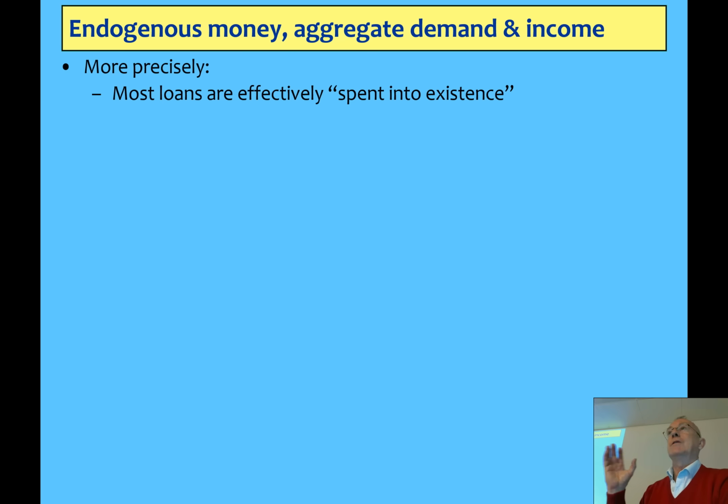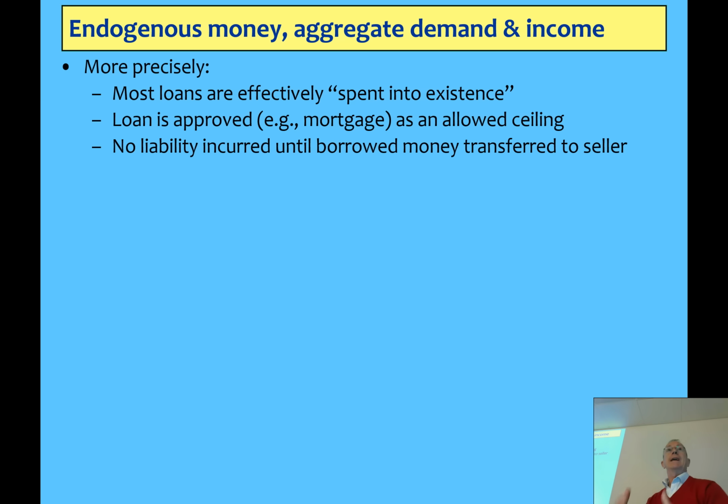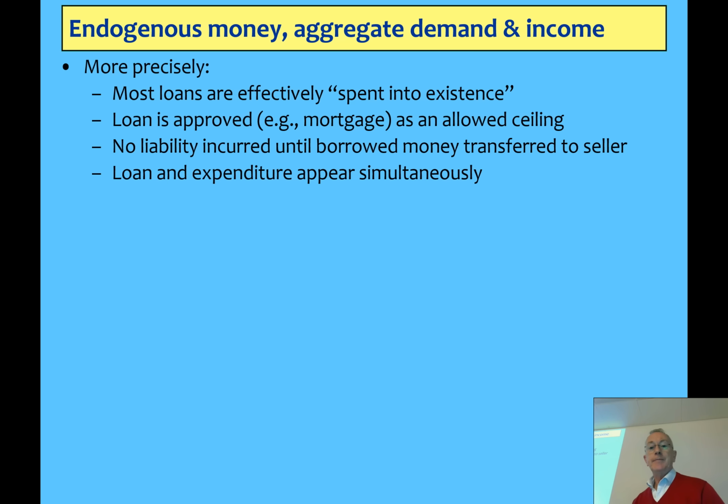Okay? So it's not manifest until you spend it, and that's the normal situation with most loans. So if you have a loan approval, they approve a certain amount of money you can spend buying somewhere, you don't actually have the debt to the bank until you actually exercise that option. You have to go into debt to them, and then your debt is created in your account that you owe money to the bank, while the money is created in the account of the person you're buying the house off. So you get the loan and the expenditure and the income effectively simultaneously.